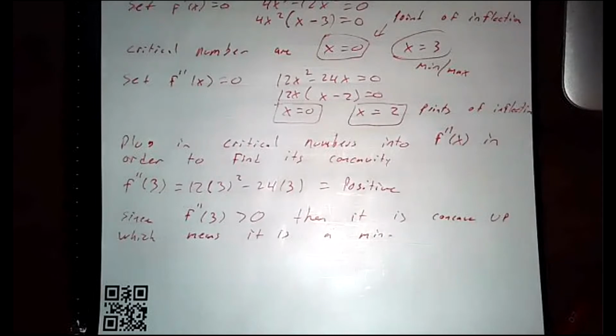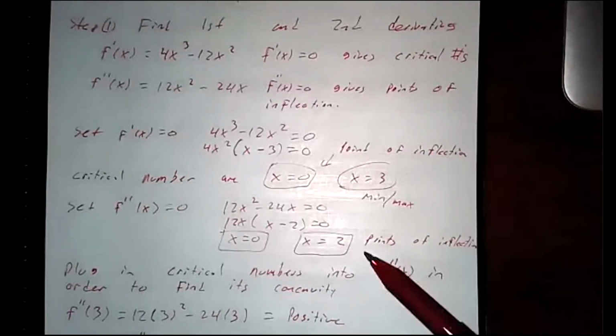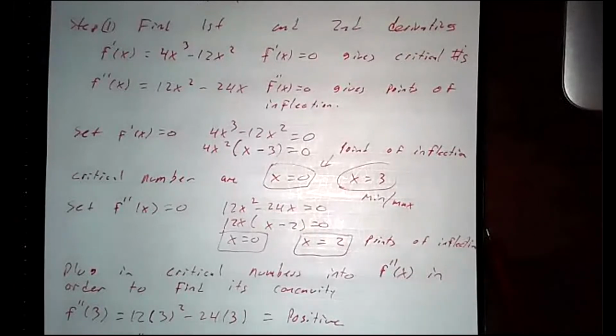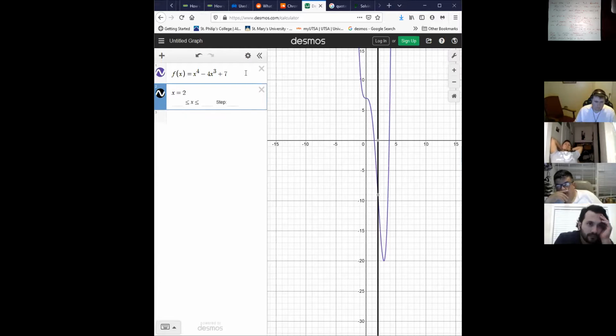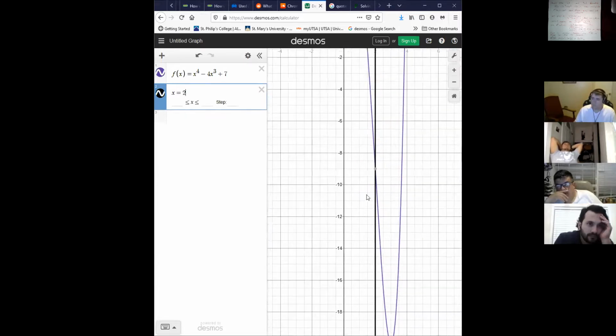I have a question. Yeah. For the x equals 2, the point of inflection, how do you test that to see if it's an actual point of inflection or not? So I didn't show the graph that you put down. Yeah, I think it is actually. Let's look at the graph again, because it is equal to 0. Forgot about that. That's a good point. So we said a point of inflection at 0 and at 2, right? Yes. Where is 2 at? So right here,